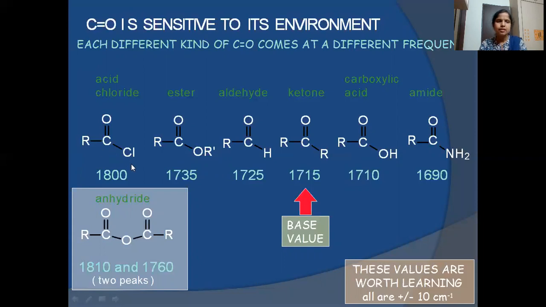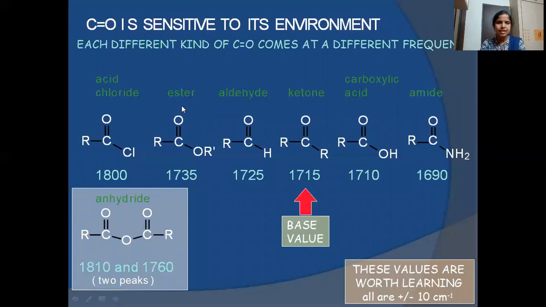Cl, that is acid halide, will have high vibrational frequency for the carbonyl group. Why? Because the chlorine is acting as a minus I group, that is, it is showing minus inductive effect. When it pulls the electrons towards itself, what happens to the C double bond O? The bond length will decrease, so the bond becomes short. When the bond length decreases, the force constant increases. Force constant is directly proportional to the vibrational frequency. So when force constant increases, vibrational frequency also increases. That is the reason acid chloride will have higher vibrational frequency for the C double bond O group.